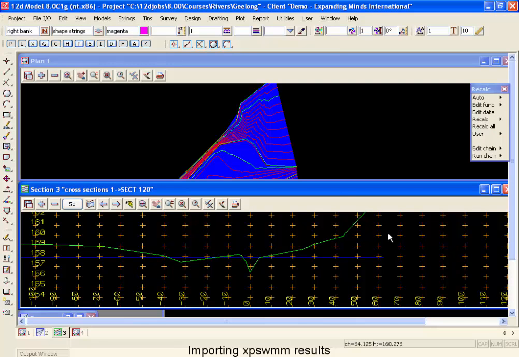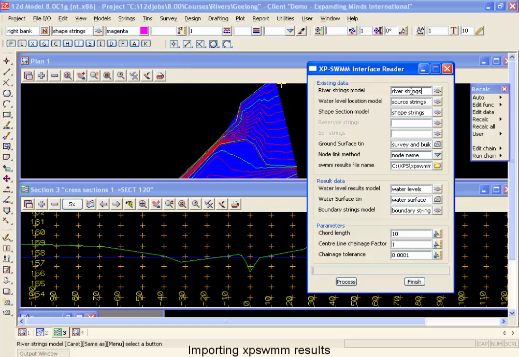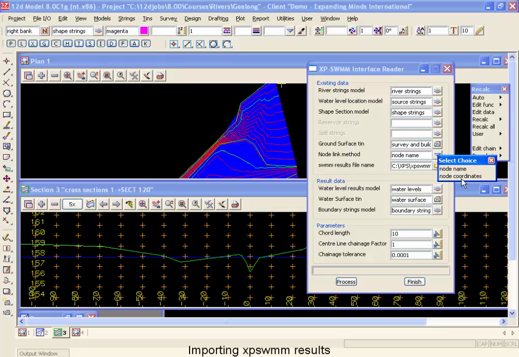Now that we've exported that XPX file from xpswmm, we're ready to read those results back into 12D. We'll go up to our rivers once again, Design, Rivers, xpswmm interface, and read the xpswmm results. Now essentially we have exactly the same options as we had for our HEC RAS interface, except we have the one extra option to choose the link methods to talk to XP. Your 2 choices are to use the node names or node coordinates. If you haven't renamed, then you might as well use your node names. However, if you have gone and changed your names inside xpswmm, then you would want to do the link via